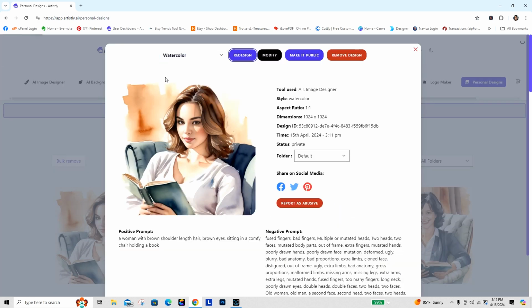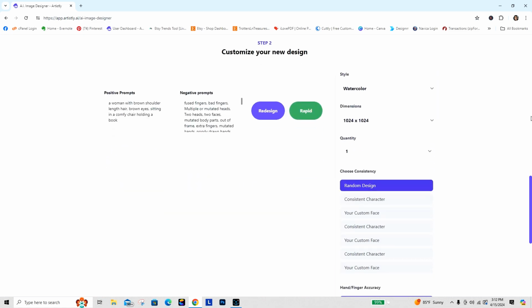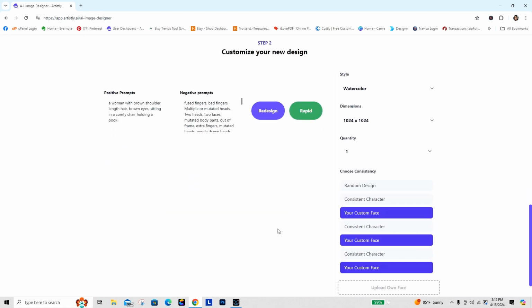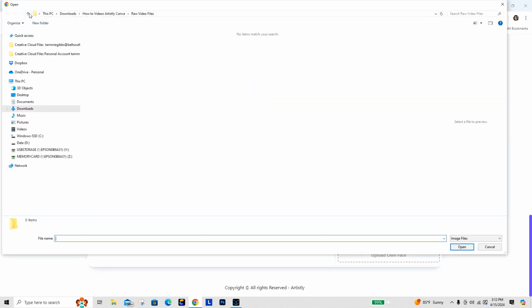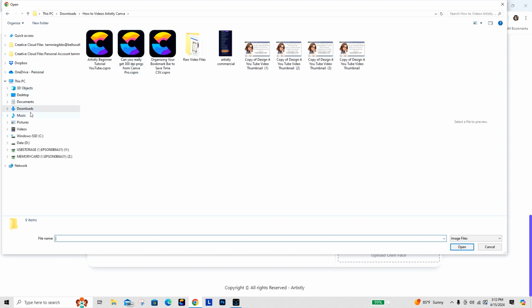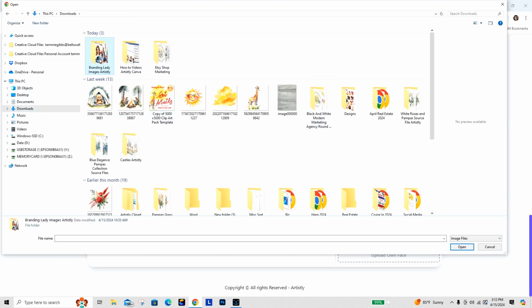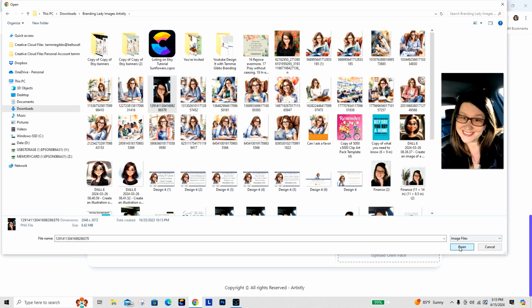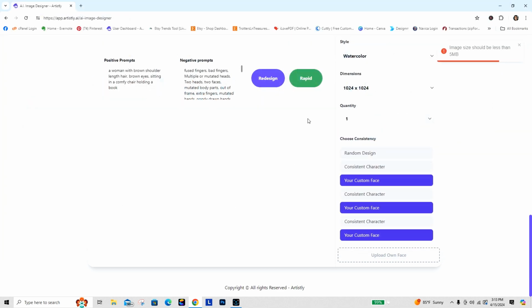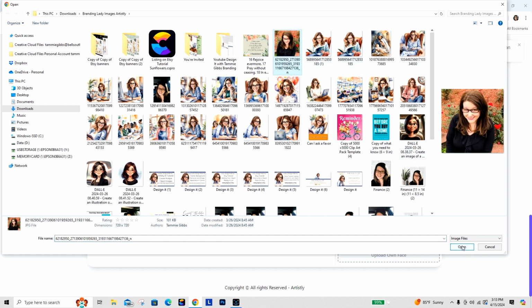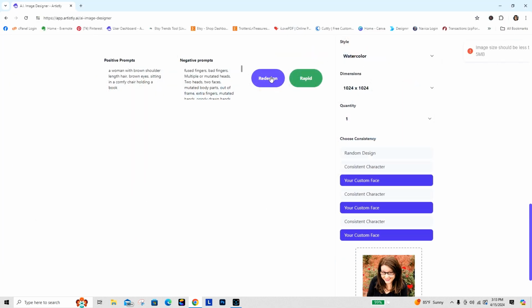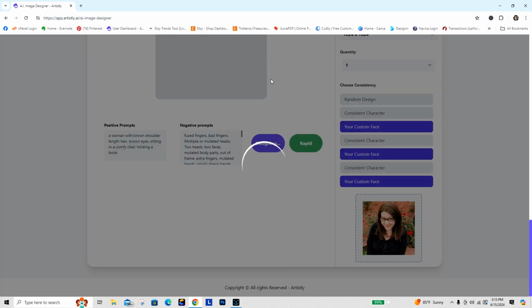Pick watercolor again, redesign. And we are going to choose this custom face here. We're going to upload. Let's find it. Okay, let's go to my downloads and go to my branding. I'm going to do this. Okay. Oops. That one won't work because it's too big. Hang on. Oh, I just had it. Where's it at? There it is. Okay. There we go. Now we're going to redesign it